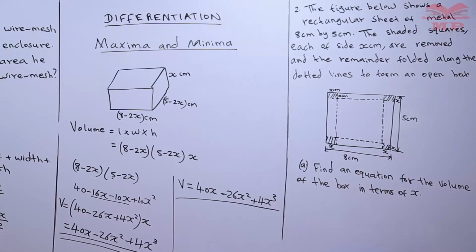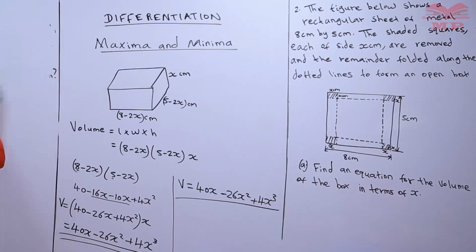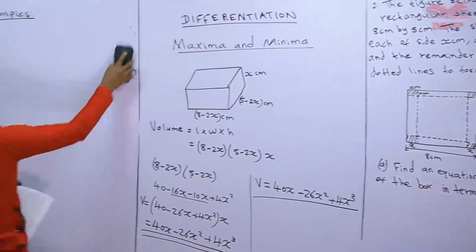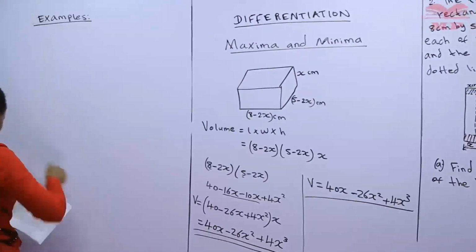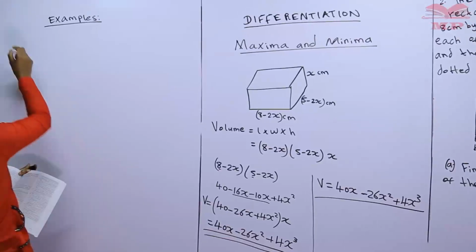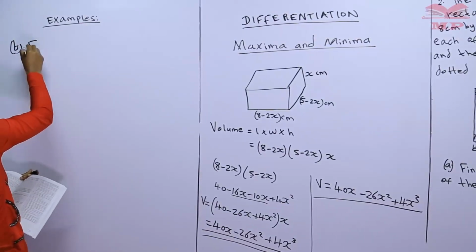Then part B of that question, this is what we have been given. So the next part of the question, the first one was finding the equation. Then Roman 2, on the part B, we are told, B, find